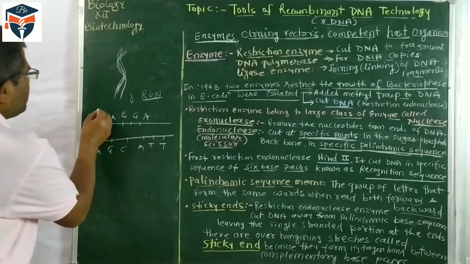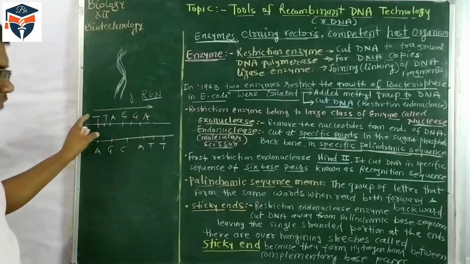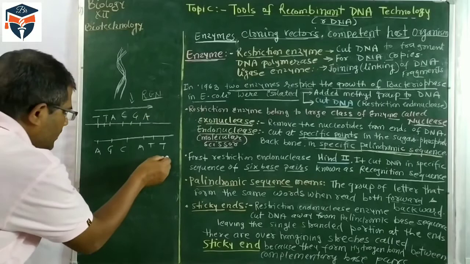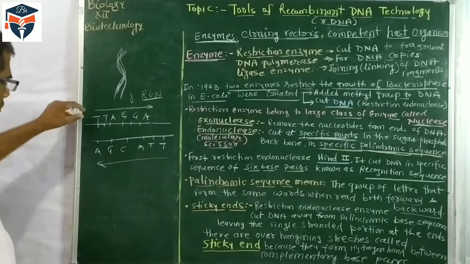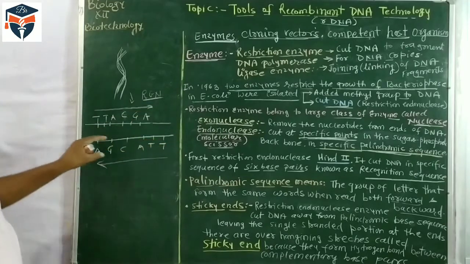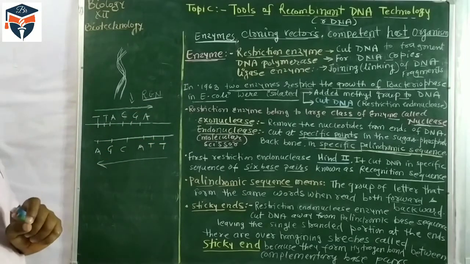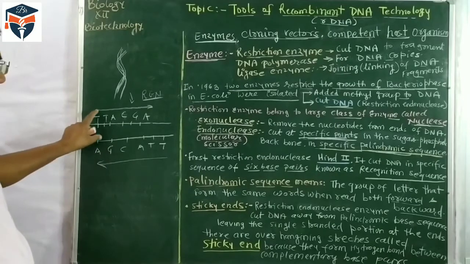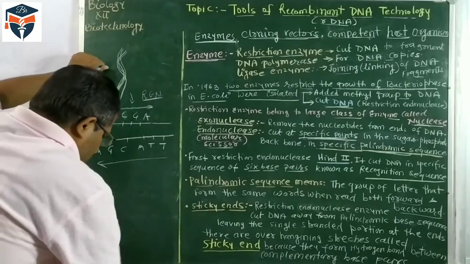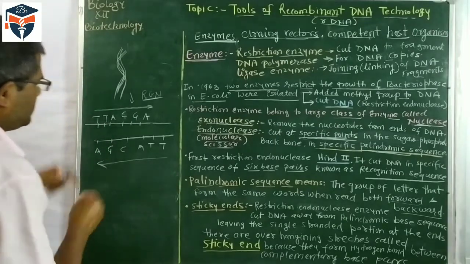TAACGA. This type, if you get TAACGA, so forward direction, if you read this one, TAACGA. So in both forward and backward directions, the sequence of the nitrogenous bases is the same. So this fragment is called the palindromic sequence. We can make another such palindromic sequence also.